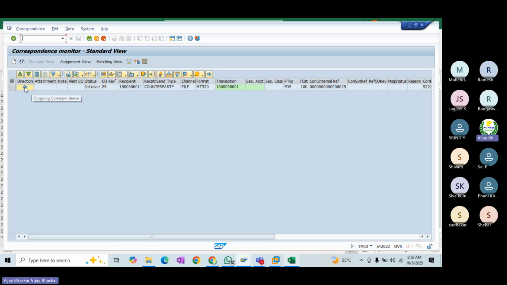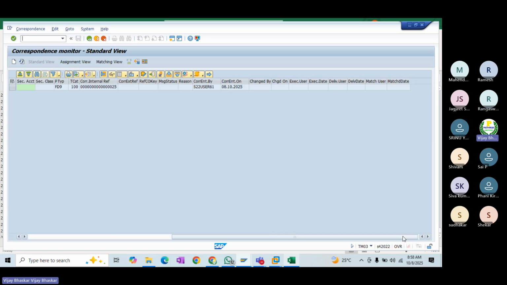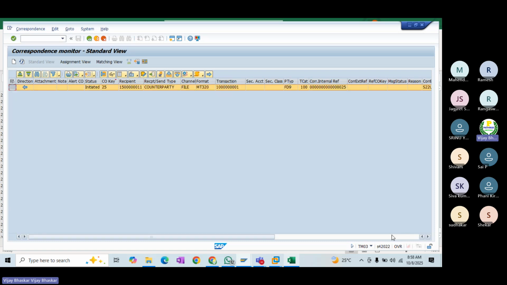Then in the standard view, what you can see is the current status of this one. The current status is that we have sent the correspondence to the counterparty. If you had configured who has created it and other information, which if you want, then it will be populated here. See now, send alerts. The alerts mechanism has already been configured. But if it is a real-time system, definitely the alerts will be triggered. And what is the correspondence which has been there in the log? You can just go ahead and display this one.